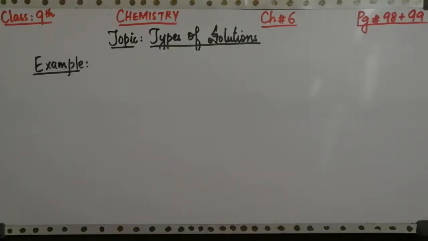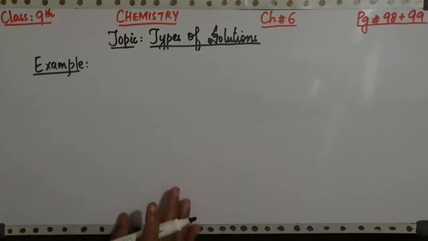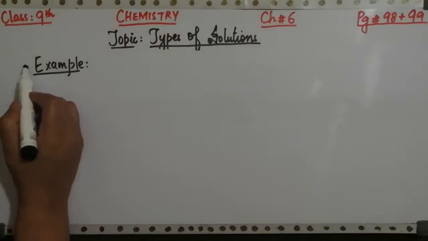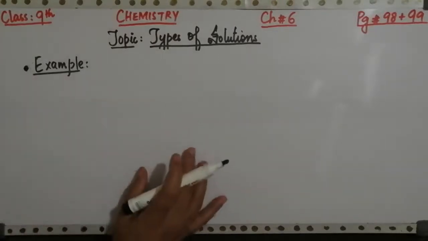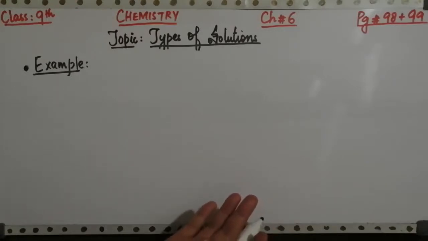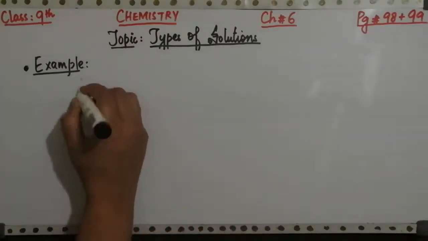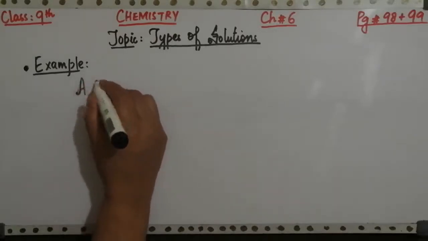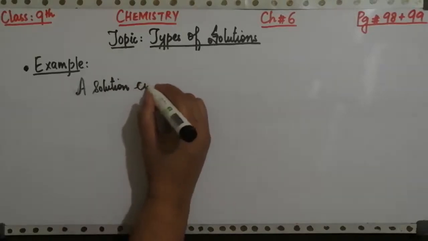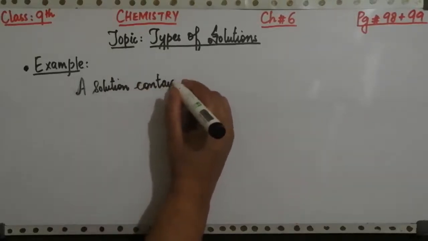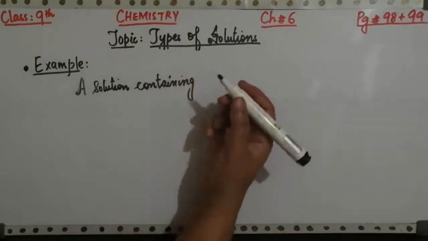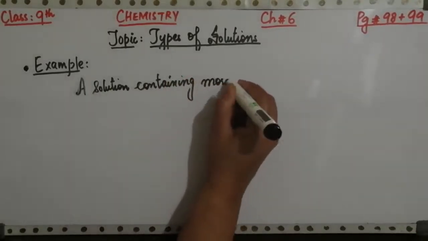नाउ द लास्ट हेडिंग of supersaturated solution will be example. For this purpose you will take same example which you have already given for saturated and unsaturated solution. So a solution or a supersaturated solution is that one, a solution having or containing, or that contains, you can also write, more amount of solute,